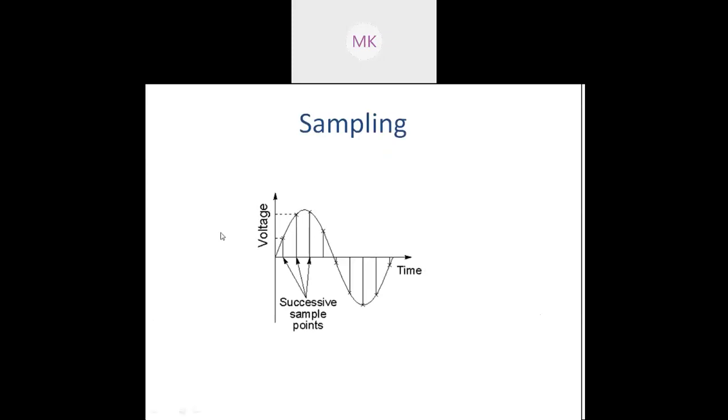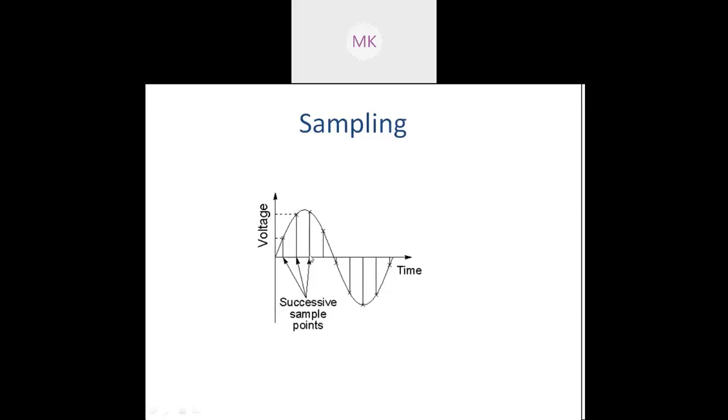Here the x-axis is assigned discrete values. So we are going to assign different sampling points. We are going to divide the x-axis into different sampling points, and the y-axis, which represents the voltage or the amplitude values, should be in continuous form. So it remains as it is, and we need to perform the sampling along the x-axis. So x can be divided into different discrete points. So this is about the sampling.